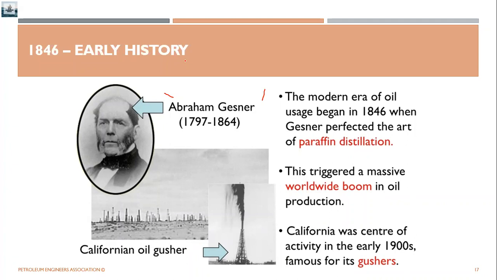And post that, there was a global boom in the production of oil and gas. It was in the United States that the first extensive use of hydrocarbons, the oil industry, began, where we can see the major oil and gas companies starting their journey in the oil and gas sector. And today they are some of the big giants in the oil and gas industry.